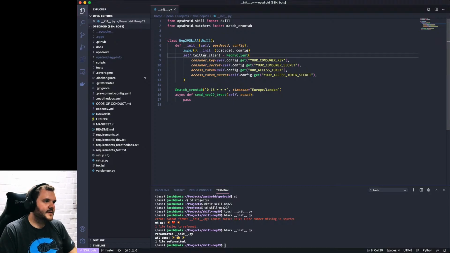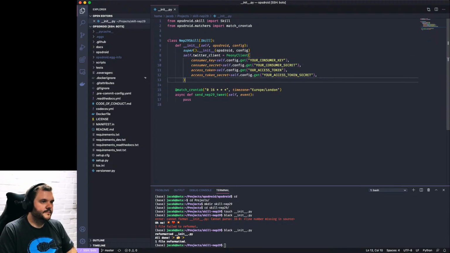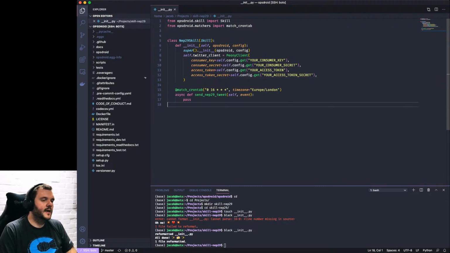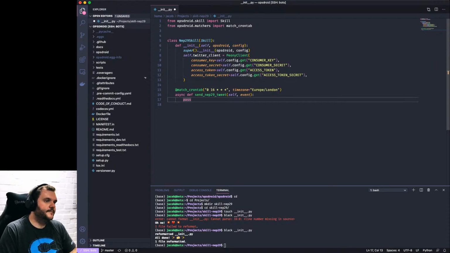I really can't spell it now. Twitter client. So when Opsdroid is loaded and the skill gets loaded, it's going to grab those things from my Opsdroid config. I've done it again. I'm going to remove the yours. There we go.